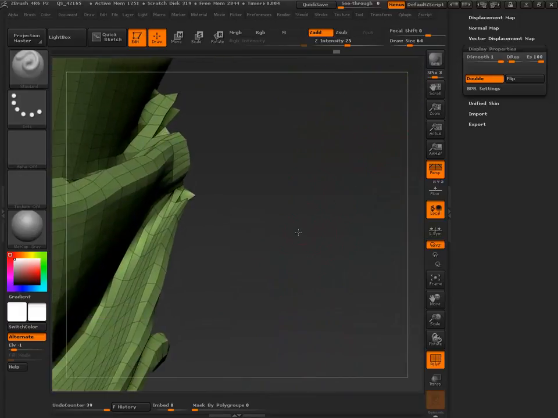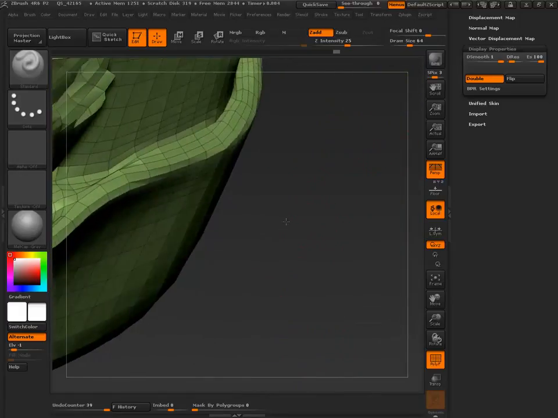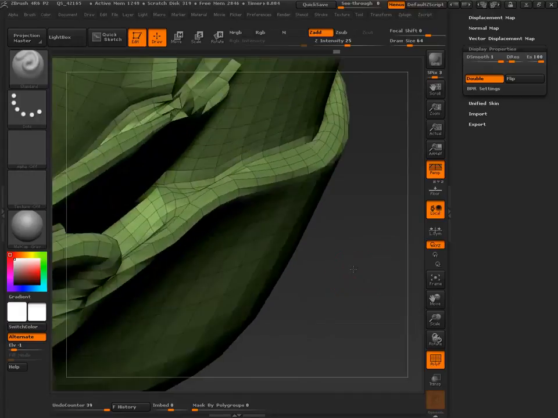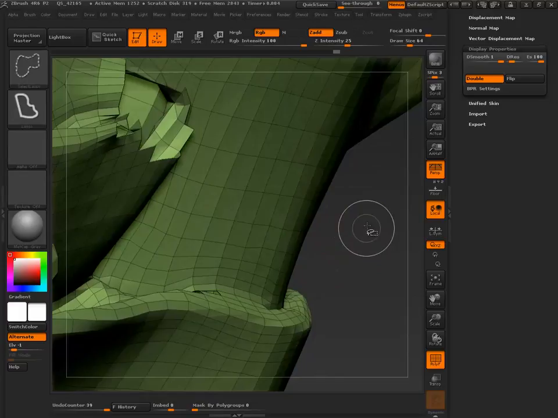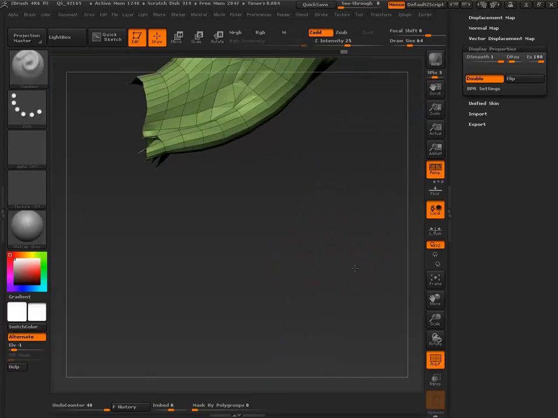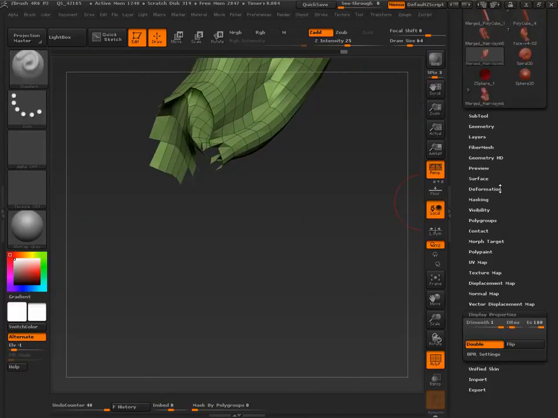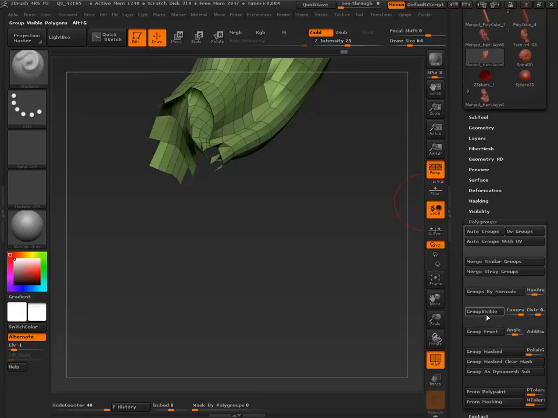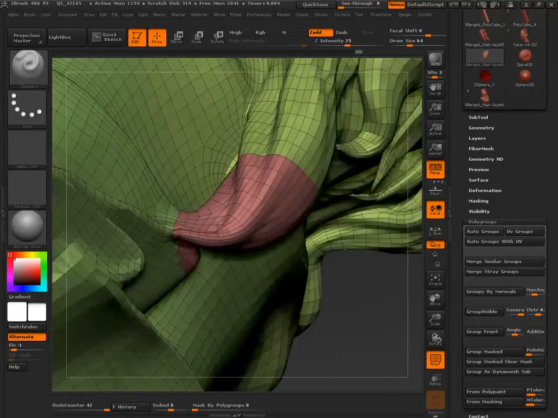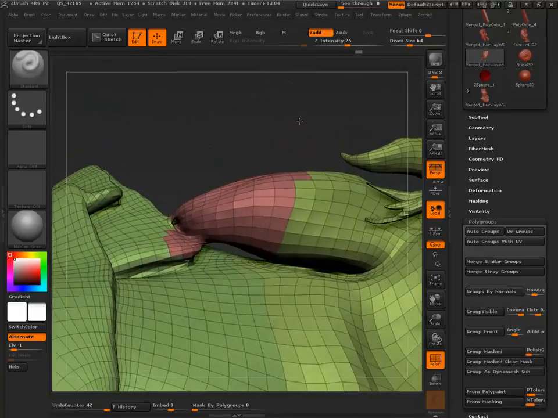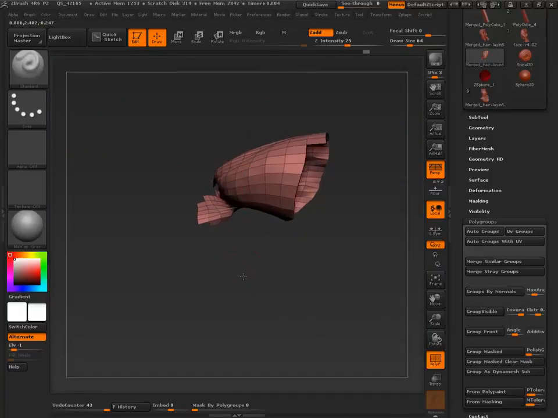That's what I need. Well, let's just group it. And we need to deselect these.